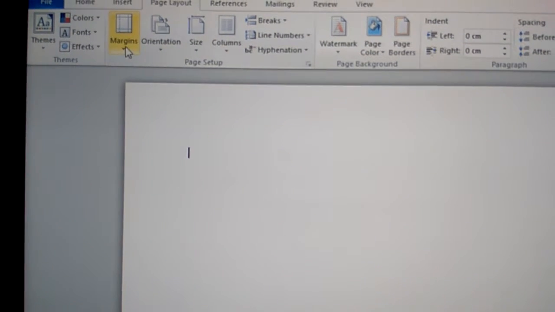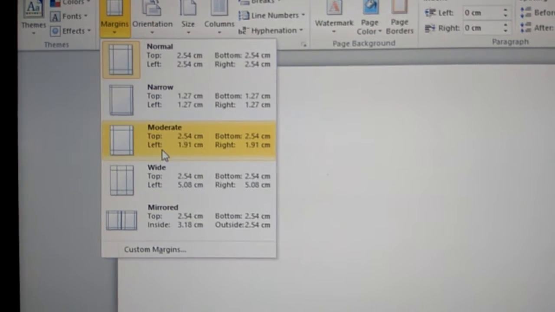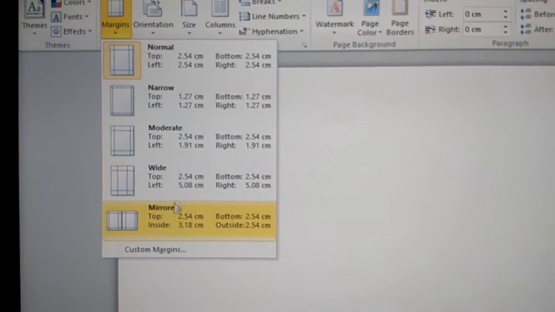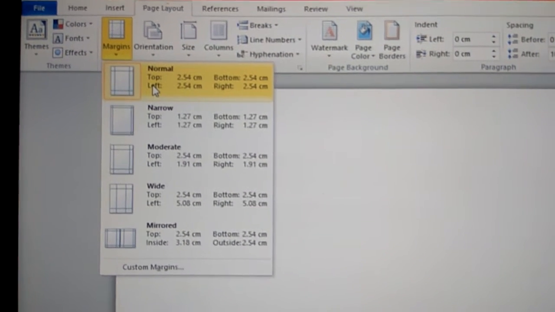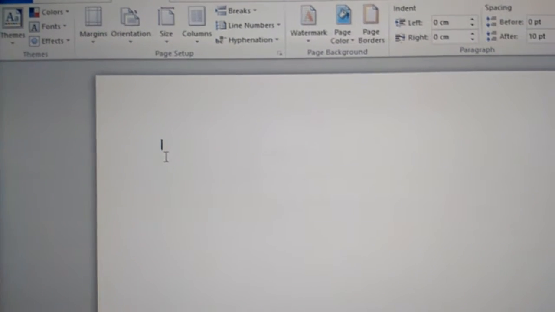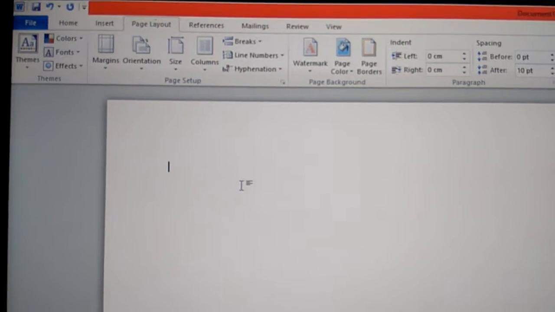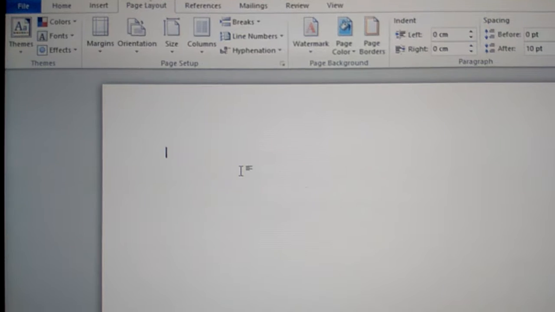And the next is the margins. Okay, you must click the margins. This has normal, narrow, moderate, wide, or mirror. Okay, this normal is good enough, so we must select this normal. Then the next step is you can